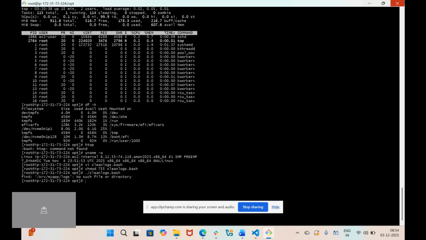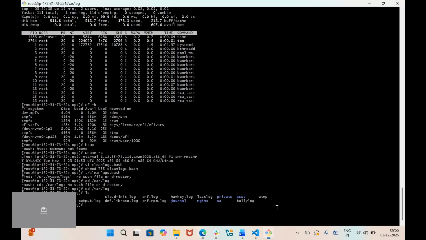Now let me do manage logs under /var/log. Let me change the directory to cd /var/log. Now I'm in the log directory. Now let me do ls and check the list. Okay, I have a few files listed here. Now let me execute this script: